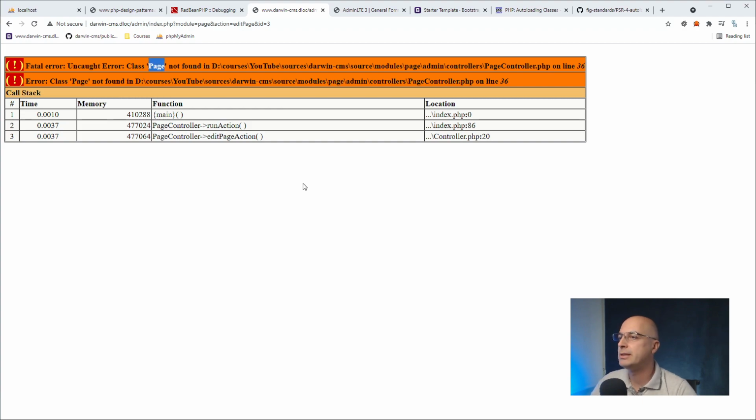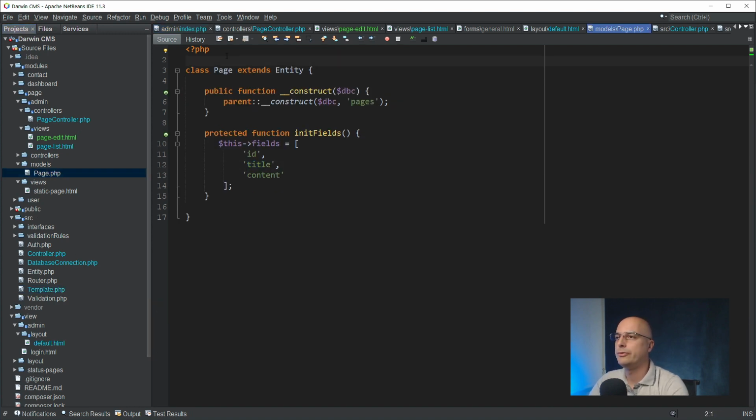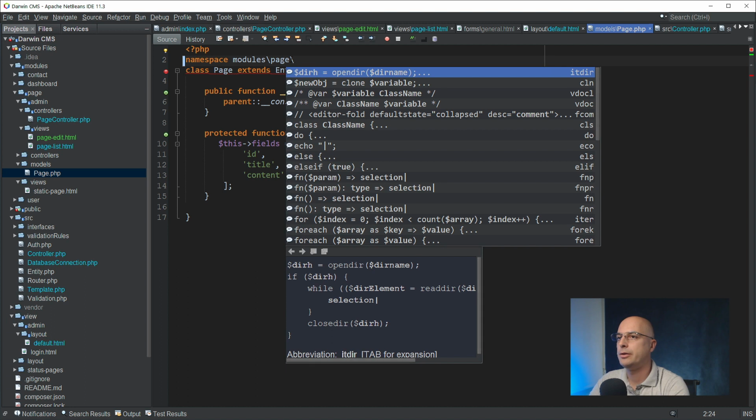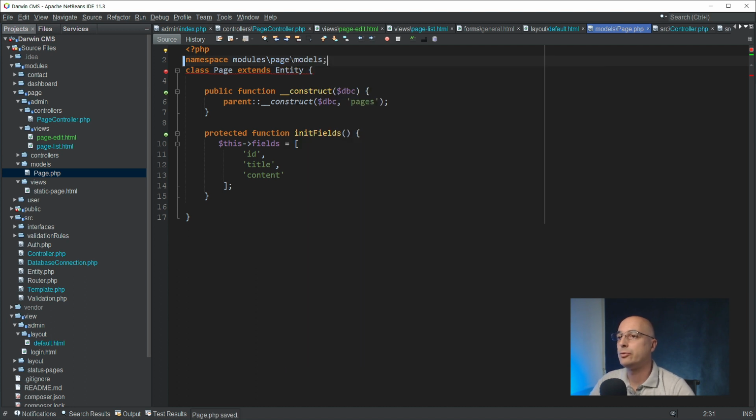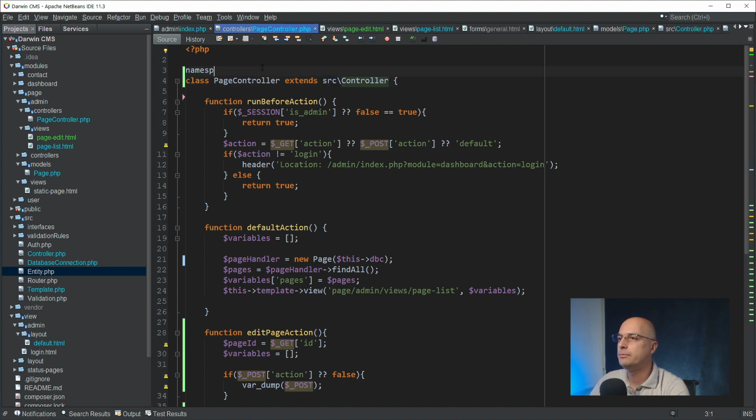The only thing missing is the page, and that is because the page is inside the models. So in our model page, we also need to define the namespace, right? And we are going to use the modules and then the page and the models, because that is where our page is. And since we see the entity here, you guessed it, the entity as well needs to have its namespace in the source. The same goes for the page controller, because here we actually do have two page